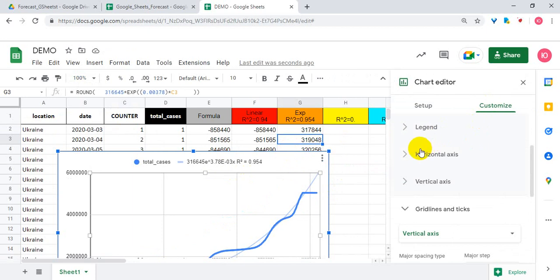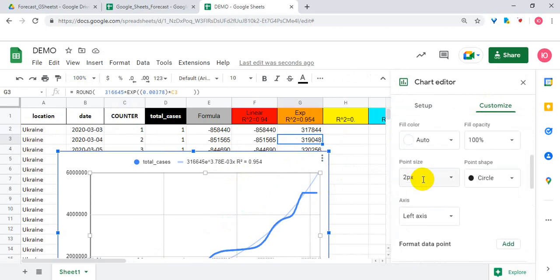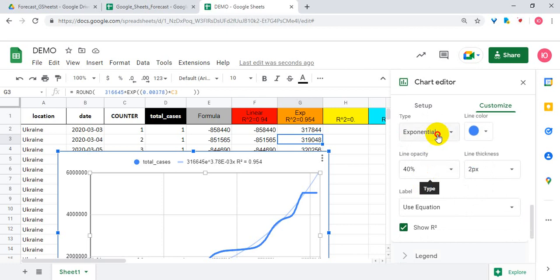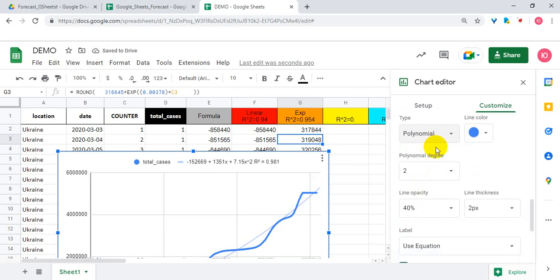Customize. Series. Trendline. Polynomial. As you can see, we have polynomial degree 2. We can select an order of polynomial. As you can see, we have second order x squared. We can select third order. We can see x in the degree of 3. Okay, let's solve